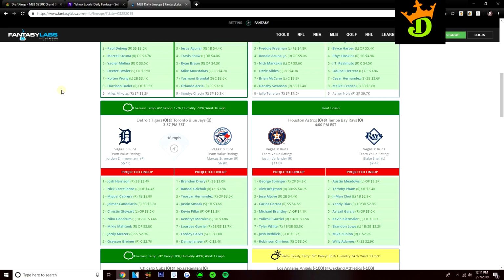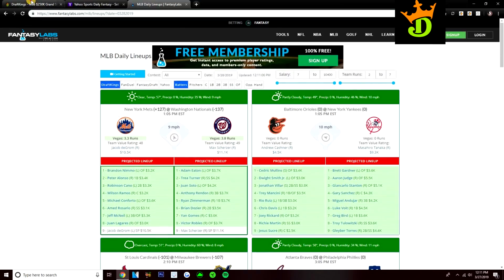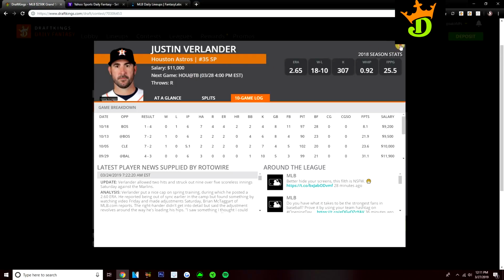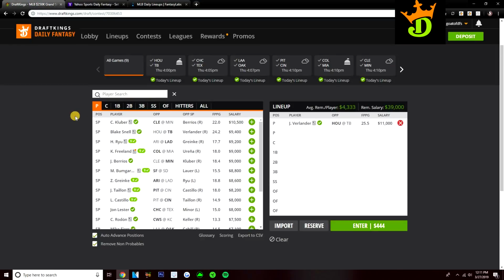Avisail Garcia will strike out. Yandy Diaz will strike out. Mike Zunino will strike out. Willie Adames, pretty high K rate. So this is a spot where Verlander can rack up the strikeouts. When rostering pitchers, we obviously want them to rack up strikeouts. That's what gets them the fantasy points. So Verlander at 11K is definitely a stud I'm trying to pay up for at pitcher.